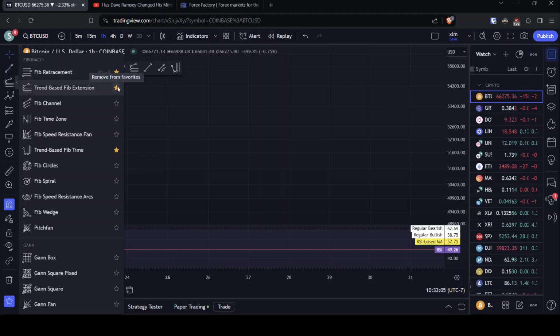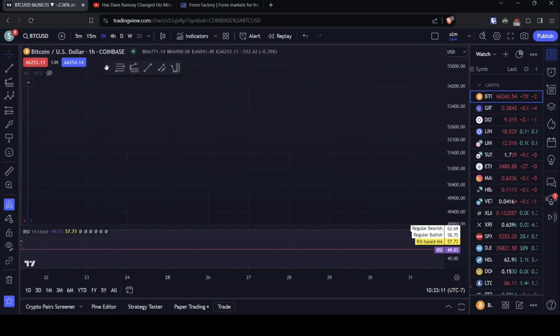There's 3 types of fibs I add to my favorites. That's the fib retracement, the trend-based fib extension, and the trend-based fib time. Once you do that, they'll all appear here on your favorites bar, and that you turn on down in the lower left corner by clicking the star on or off, depending on if you want it on your screen. Anyhow,